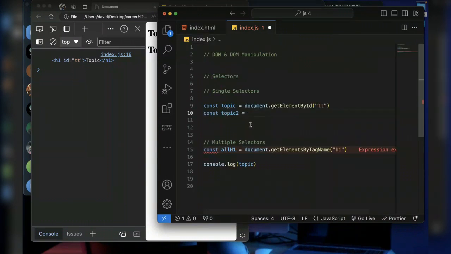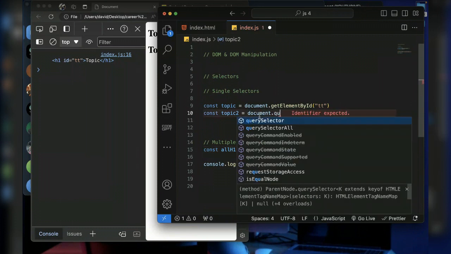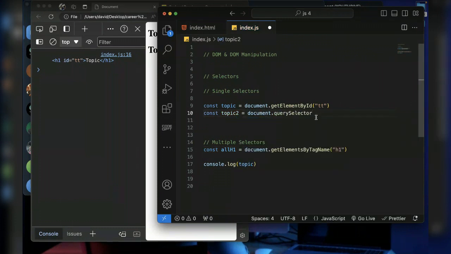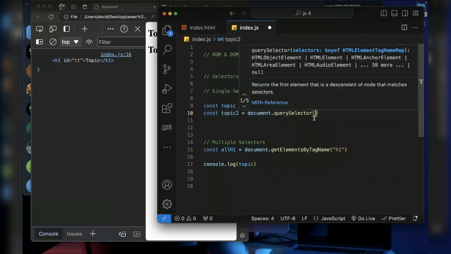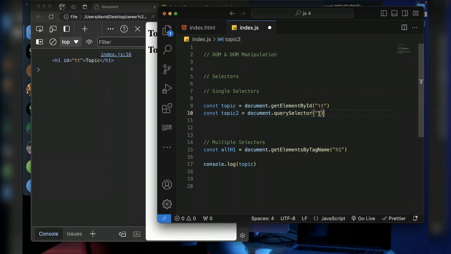So here I can say document.querySelector. Now querySelector is another way to select a single item, but here the difference is you need to indicate whether it is a tag name, or a class name, or an ID name.